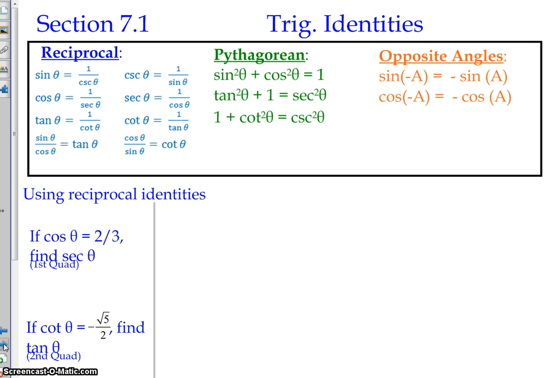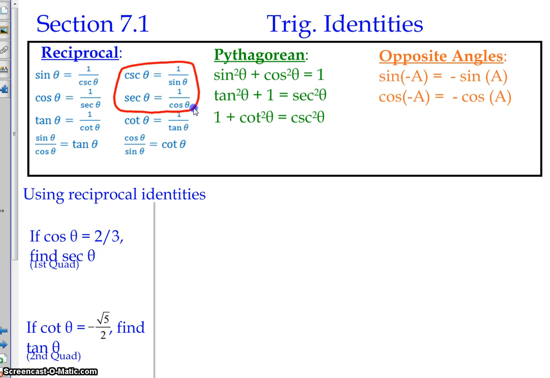So you're going to get in class a note sheet that has all of these on there, except for the opposite angle identities. But what I need you to look at is to really know these reciprocal identities. Hopefully a lot of them are like, oh yeah, I know this. What we use over and over again is this idea right here,